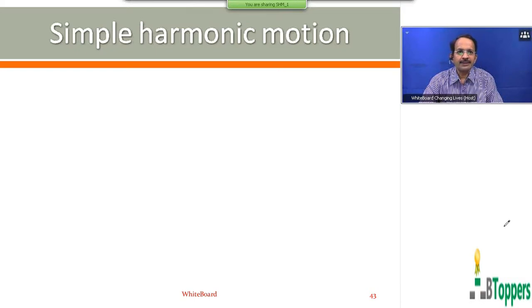So in the previous class in simple harmonic motion, I discussed some special cases in SHM. In this class, I am going to discuss one more special case in simple harmonic motion. After that, I will be discussing the reference circle. So let us first discuss the special case, one more special case in simple harmonic motion, a continuation of the earlier cases.